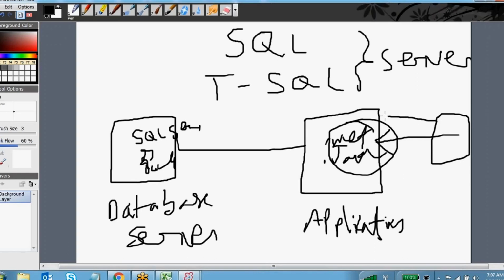Whenever he sends any request, it goes to the application server, and the application server sends a request to the database for particular data processing. If the RDBMS system is SQL Server, in the backend there is a database engine, which will process whatever requests it gets from the application server. Okay, so right now we are going to use the Microsoft SQL Server.